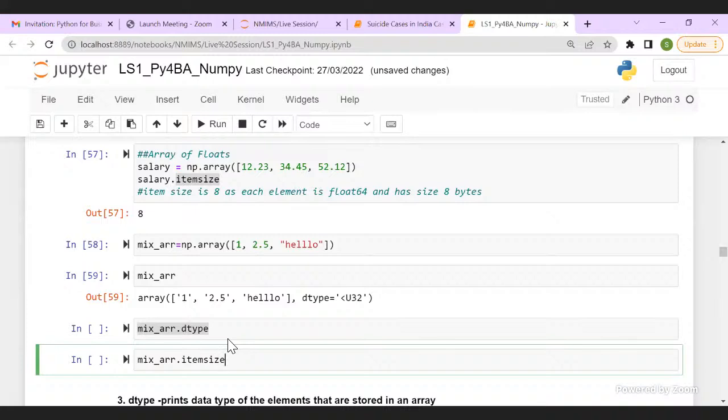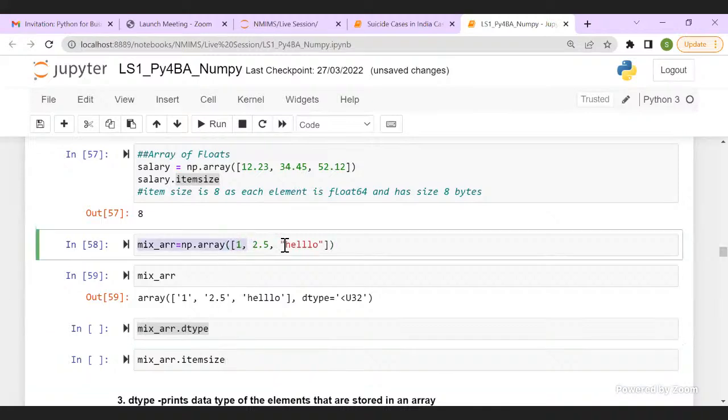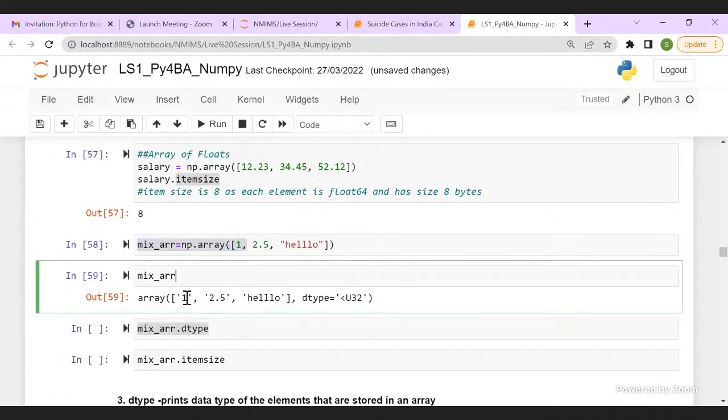Yes, Manmeet, you are right. What NumPy did was, it did not identify them individually as string, float or integer. It identified all of them as strings, converting to the highest data type, since here my highest data type is string.